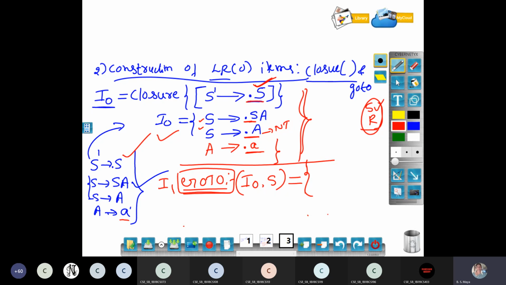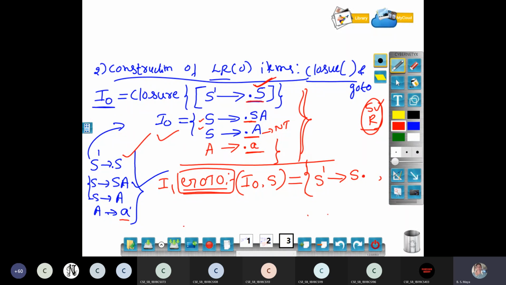Carefully observe. I will recap once again. Now I am in the I naught state. I am moving the dot of this S production. How to write it: S dash derives, with the dot moved to the end. Then check whether any right-hand side has dot S, with S at the beginning.